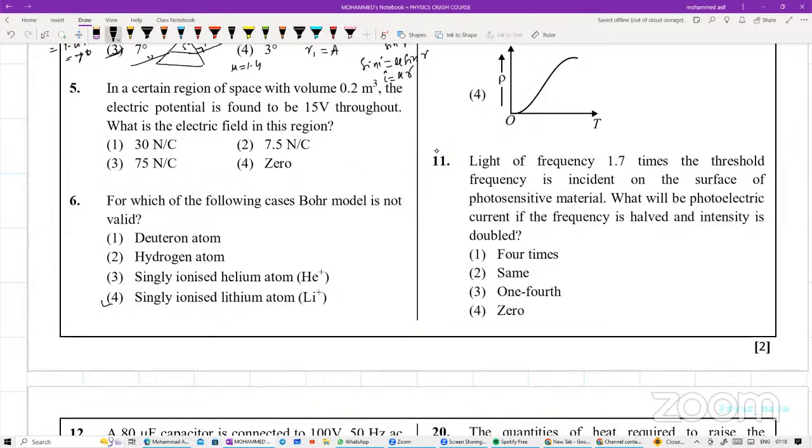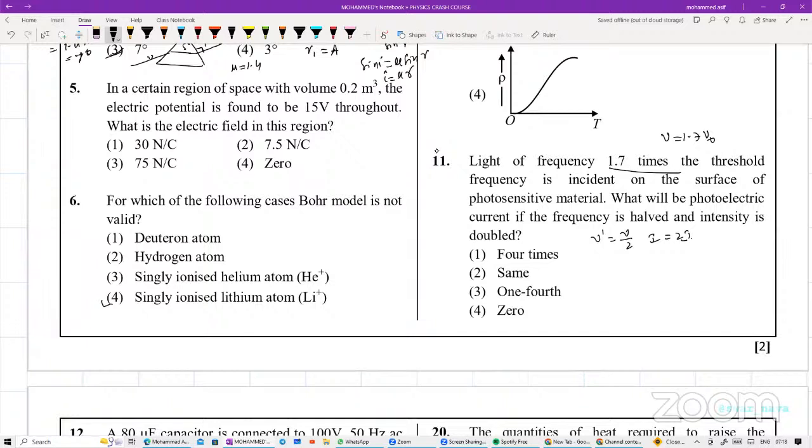Light of frequency 1.7 times the threshold frequency, and mu is equal to 1.7 times mu naught, is incident on the surface of a photosensitive material. What will be the photoelectric current if the frequency is halved and intensity is doubled? यानी frequency उसको half कर दिया और intensity is right now for me doubled, isn't it? So अब देखो, what will be the photoelectric current बोल रहा है, frequency को जब आपने half कर दिया